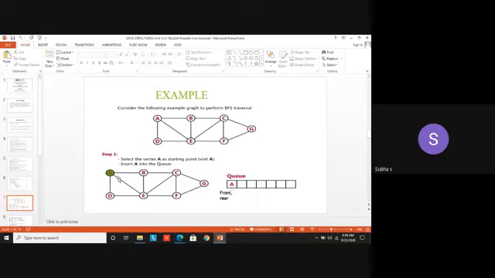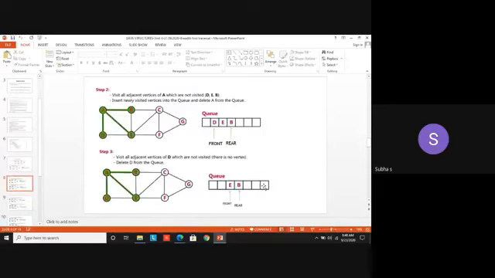What's the next thing you have to do? Enqueue that particular A in an empty queue. Then find all the adjacent vertices of A. Then place them one by one. So B, D and E, you can place in any order. Then go to the next element. For D, find all the adjacent nodes. Like that you are going to do. After finding all the adjacents, you have to remove that element from the queue. Suppose there is no more adjacent node for that vertex, you simply dequeue the particular element from the queue.